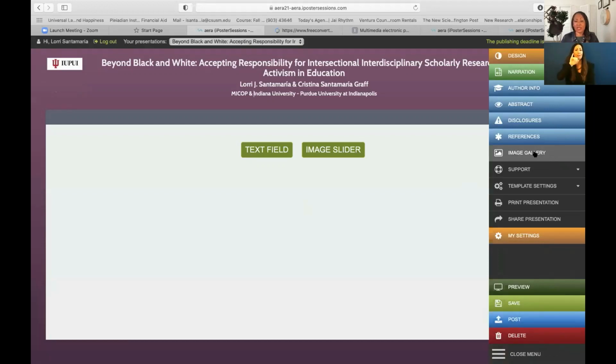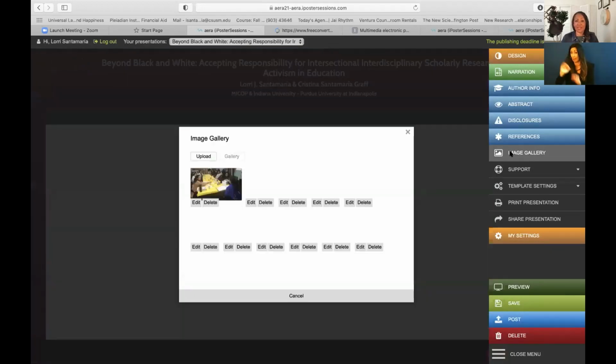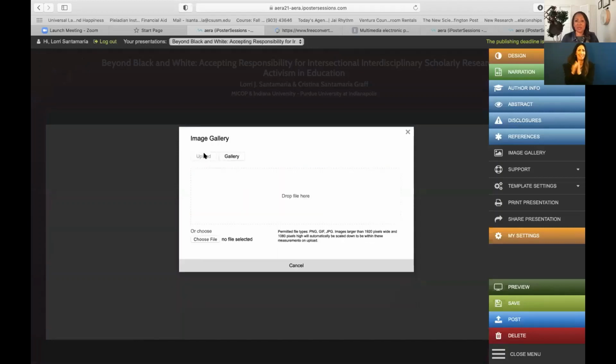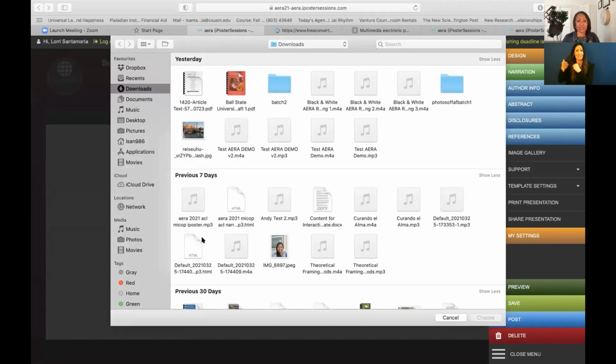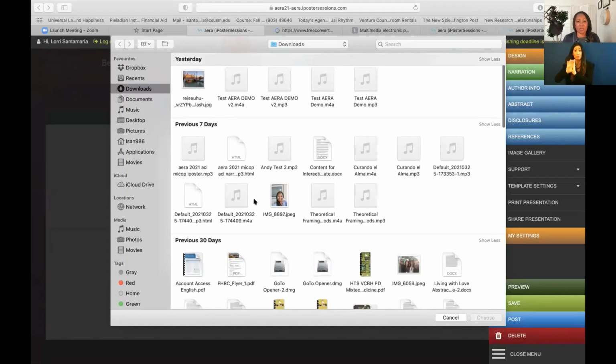So the reason why I asked you to save things in JPEG or in PNG is because you need to grab your pictures from your desktop or from your downloads or from your Dropbox or wherever you're keeping them. So we're going to load